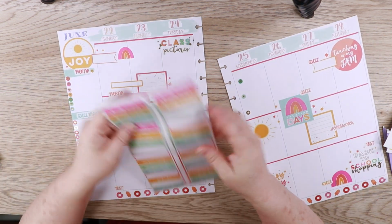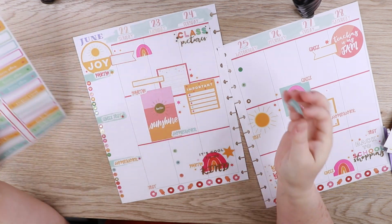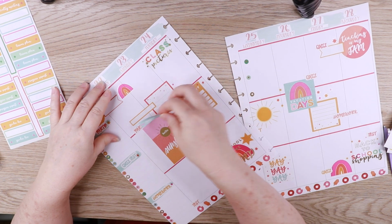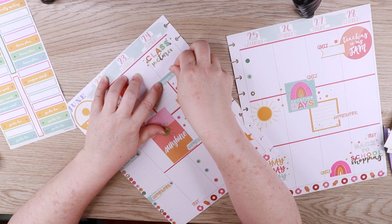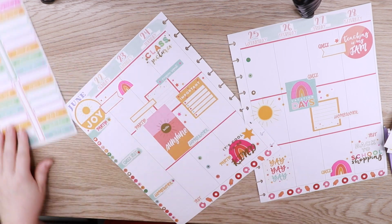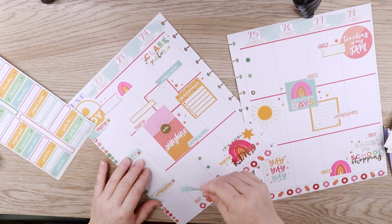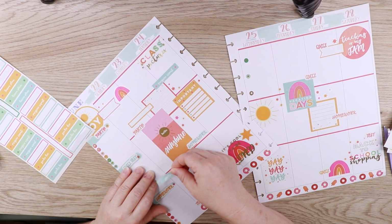All right, I do want to use a couple of these headings because I think it's going to bring in a little more of the color. So here we have progress report, which I think will be cute. I should put it here. Where should I put you? Put you over here. And then it gives me also sectioned off for Tuesday. And I want to do some grades due. I think I'm going to put it here, even though